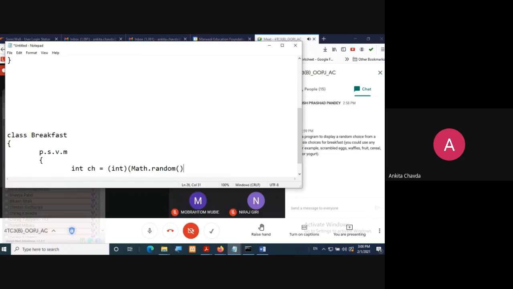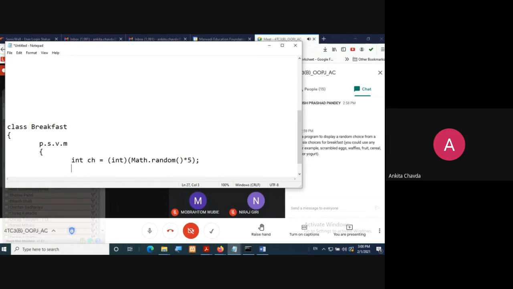If you are specifying your range, that I just want to generate the number from 0 to 5 only, you have to specify that range over here. So it will generate the number either 0, 1, 2, 3, 4 or 5. Total 6 numbers it will generate. Whatever the range will be, you need to write over here. I hope this is clear.